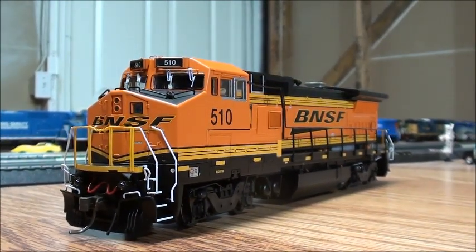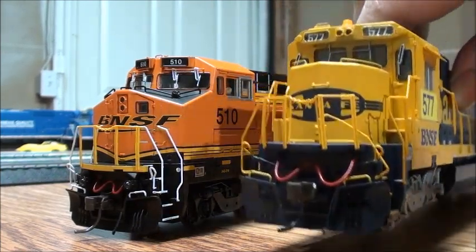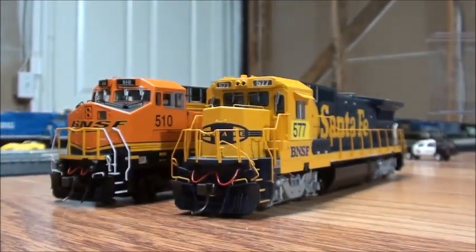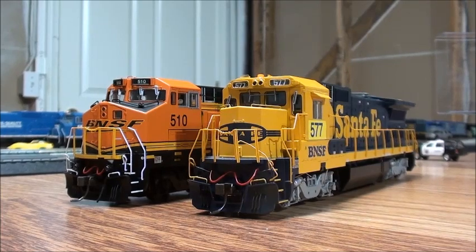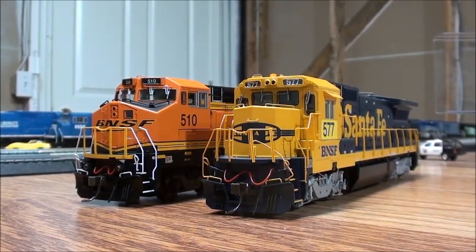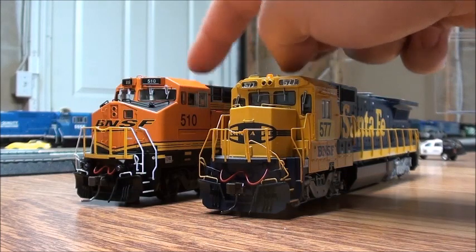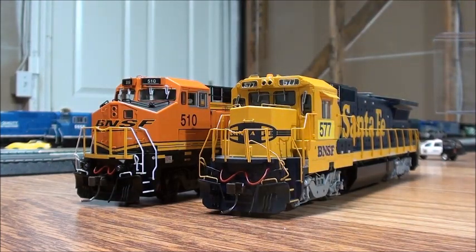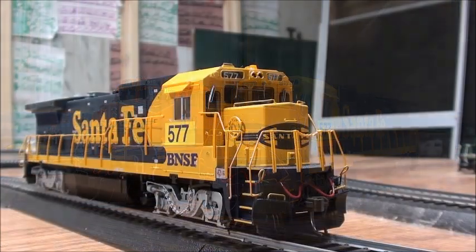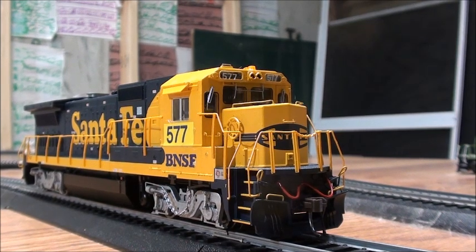So let me put my custom patched locomotive next to it and compare. There it is. They look really nice together. I'm going to start the review with the standard cab one first, and after this we'll begin with the wide cab one. Alright, since we're starting off with the B40-8 standard cab,